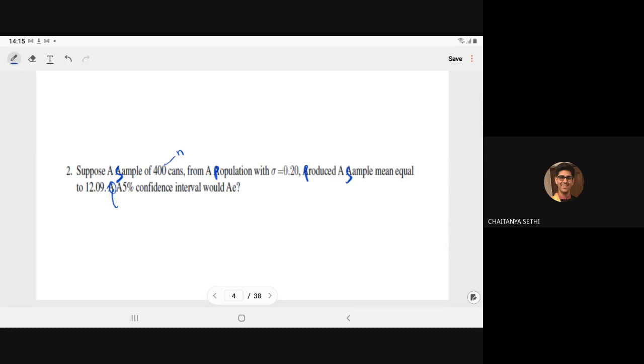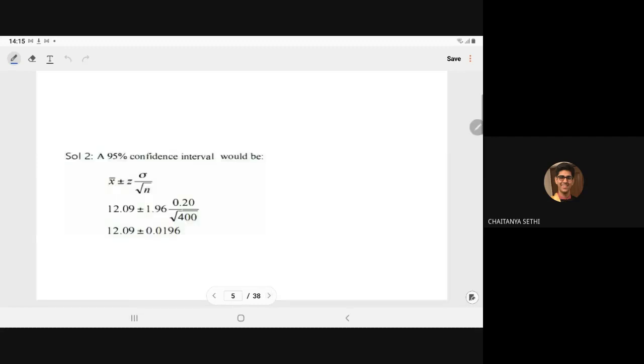12.09. So what would be the confidence interval? Here we have to compute the 95% confidence interval, when sigma is known. Because of the central limit theorem, we know that whatever the distribution,